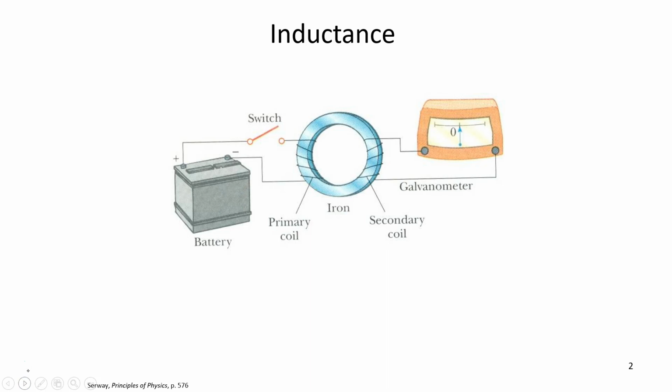And I had to go back to a physics book to try to think about how to explain that. Can you imagine doing this experiment where we have an iron ring, and attached to the iron ring we have a wire. We're going to call that the primary coil, and it's attached to a battery. And on the other end of the ring we have another wire that we're going to call our secondary coil, and it's attached to a galvanometer or a measuring device. So I think you wouldn't be surprised that if we were to close this switch,